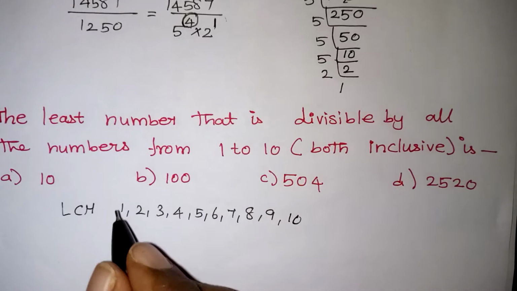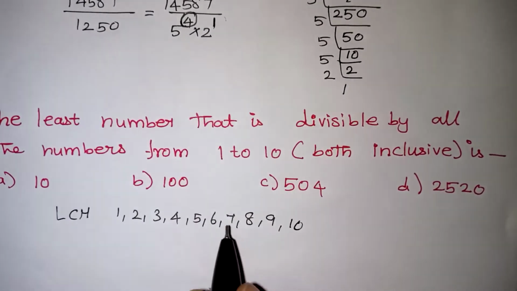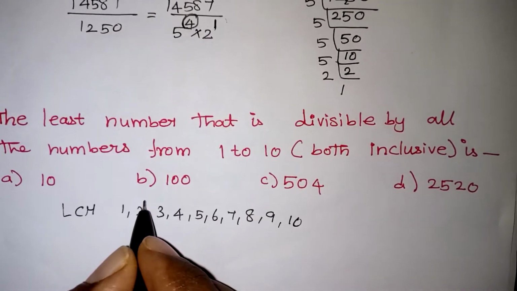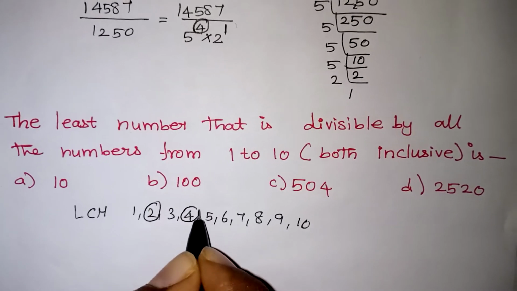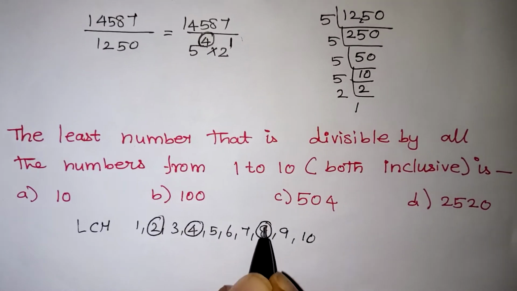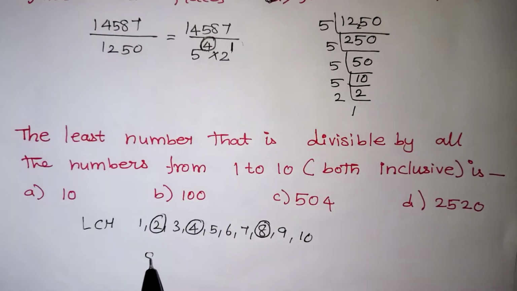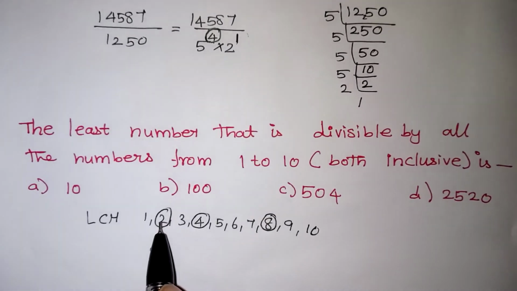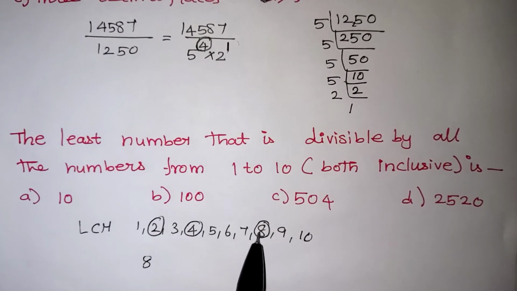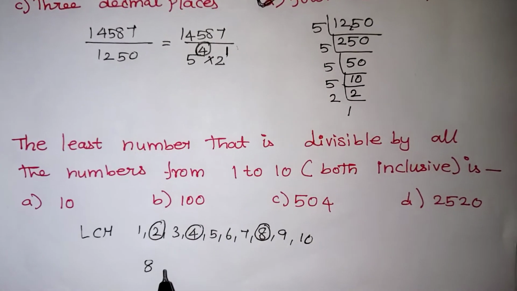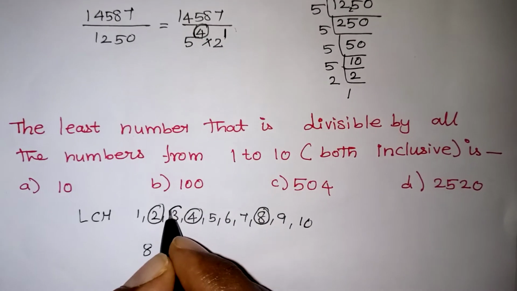So instead of writing the whole number again and again, easily we can say that for 2, 4, 8, the LCM value will be 8 only. Definitely it is 8, because in the 2 table 8 will come, in the 4 table 8 will come, in the 8 table also 8 will come. So 8 we can write. Again for 3,